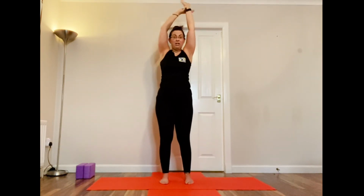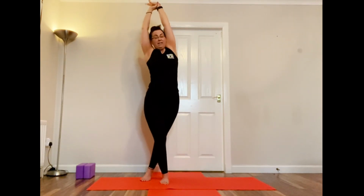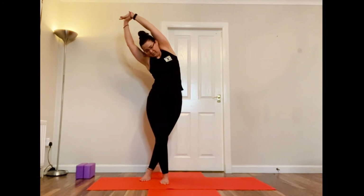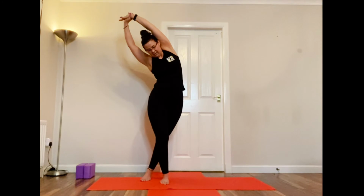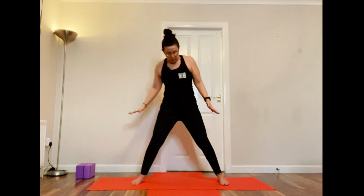Same on the other side. Change your hands, put your left foot behind you, lengthen and coming over. And you should feel a wee bit more of a stretch there. That's it. So, coming back to the middle again,